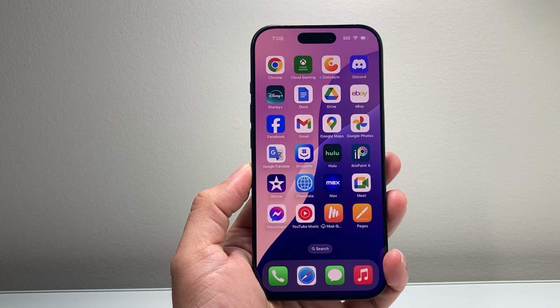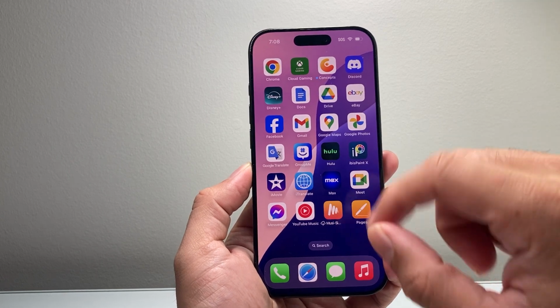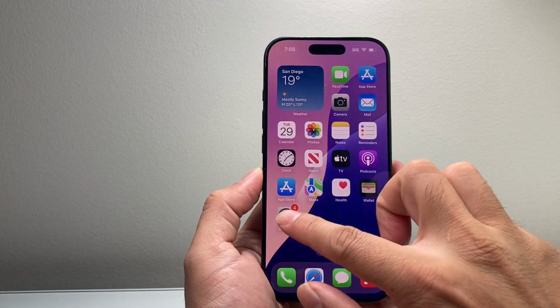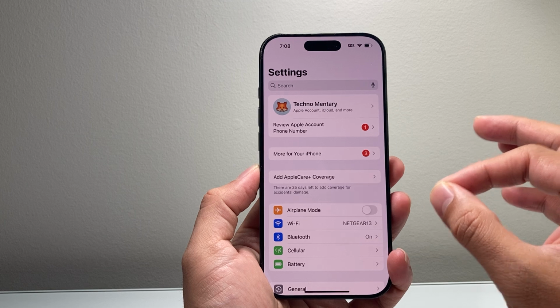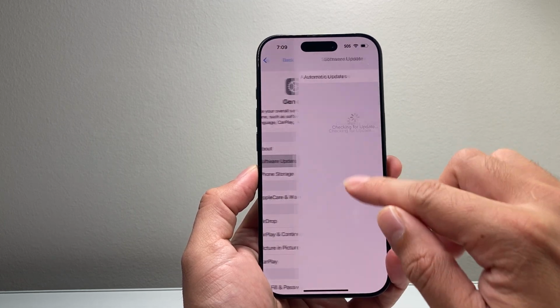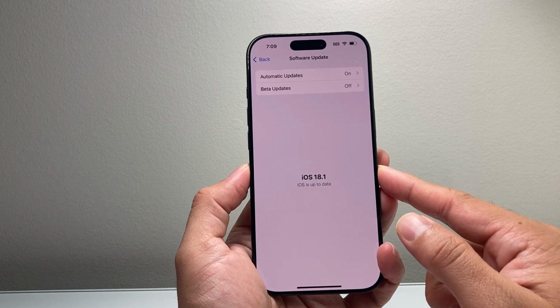In today's video, I'm going to show you how to turn on Apple Intelligence on your iPhone 16 Pro. So let's get started. Now, in order to even enable or turn on this feature, you need to update your iPhone to iOS 18.1 or newer. In your settings, go to General, Software Update, and this update should be available now for you to download and